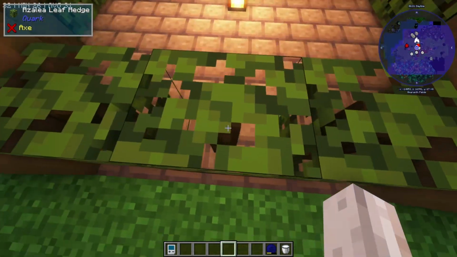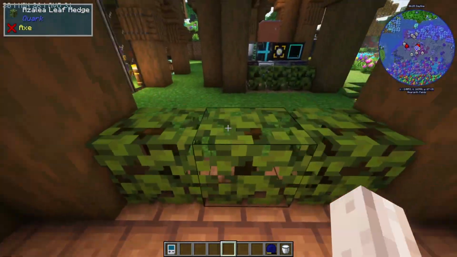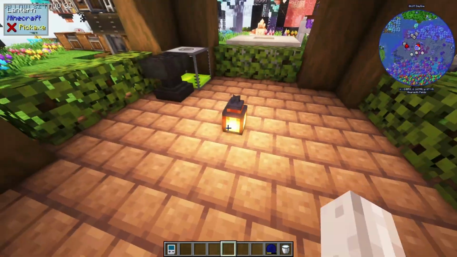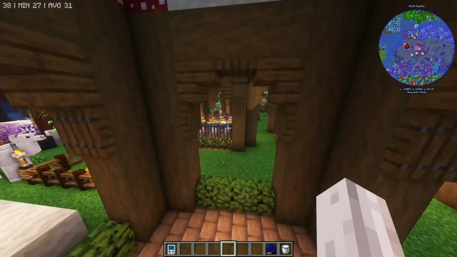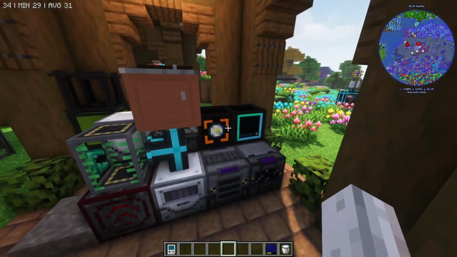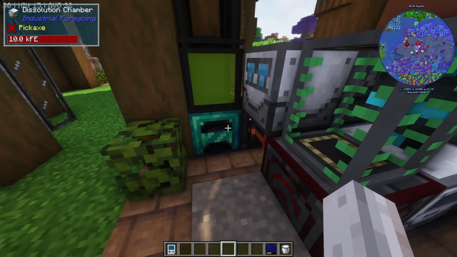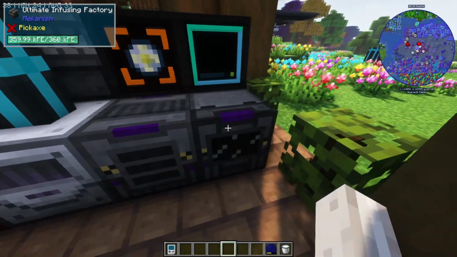Over here, we've got some leaf hedges that you have to jump over. Oh, but they're like fences. You can't properly jump over them. That's fun. In here, we've got, I guess, just a little bit of experience. Over in this section, we've got some mob grinding utilities, but then we've also got latex, dissolution, furnacing, infusing,